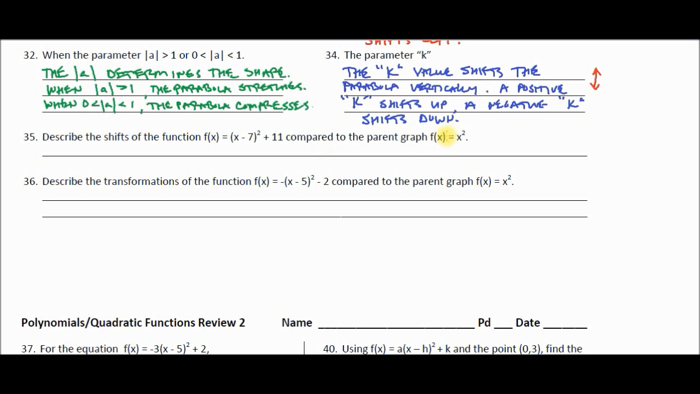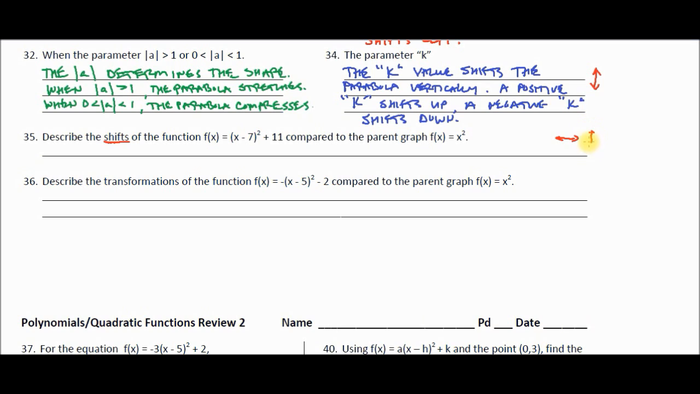graph. So what we want to know is what happens to the parabola of the parent graph when we change it by this equation. So this equation is our change. Now the easy part about this class is this is only describing the shifts. So we don't care about A because A determines direction and shape. It's not asking us for direction and shape. It's asking us for the shifting, meaning how much is it moving left and right and how much is it